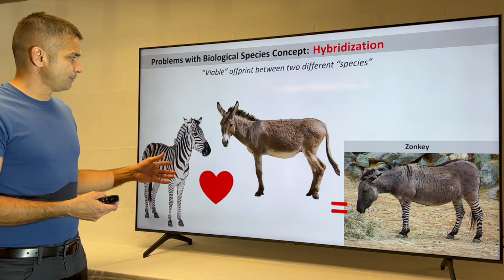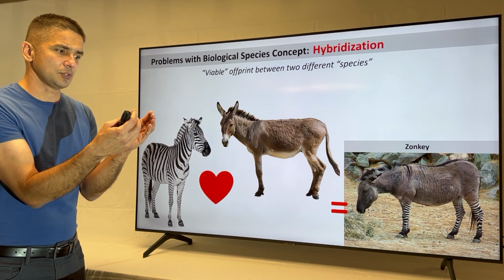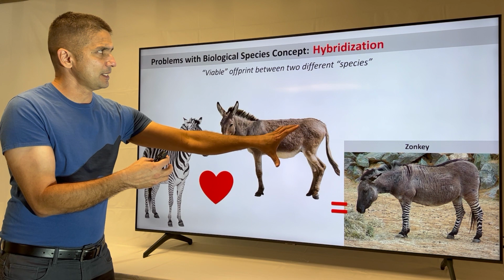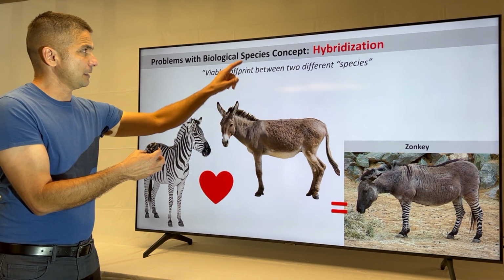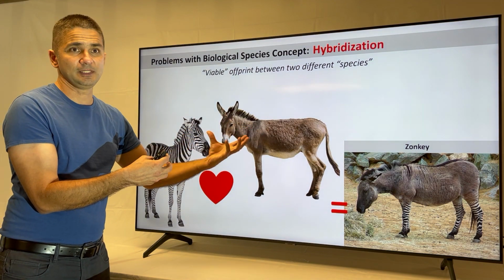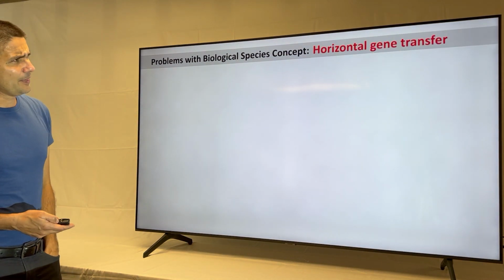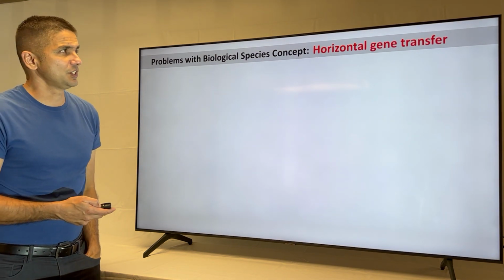So here is an example again in which two very different species still manage to interbreed and produce offspring. That becomes complicated for the use of the biological concept for these species, because they clearly reproduce and produce offspring. Another limitation of the biological concept of a species is this idea of horizontal gene